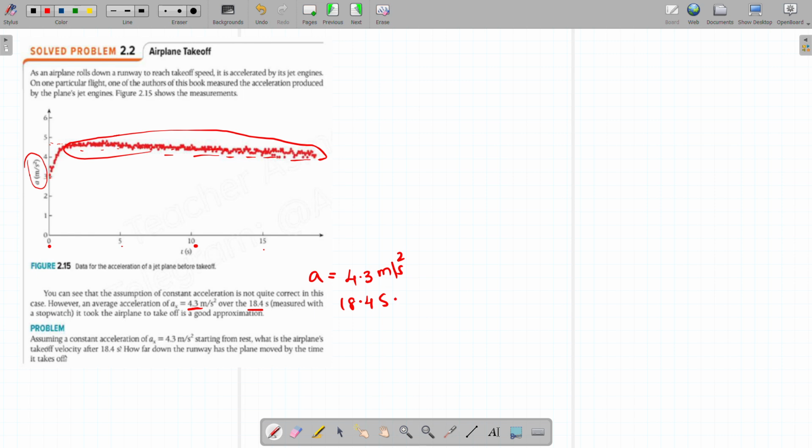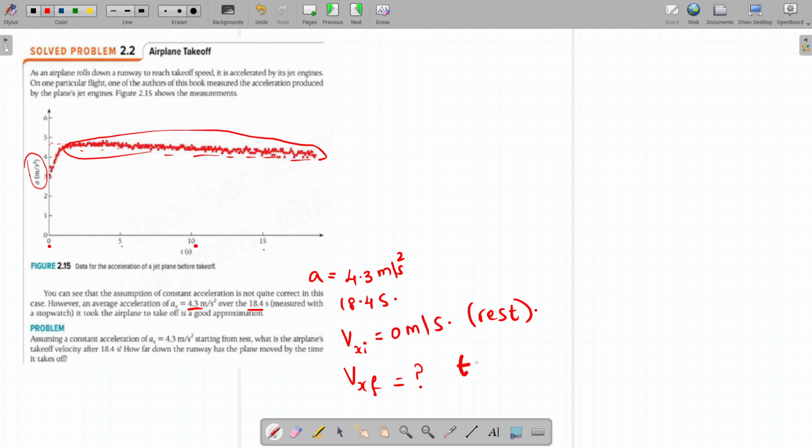And what are we going to find? Assuming the average acceleration is 4.3, starting from rest, the initial x direction velocity will be 0 meters per second, because the keyword is rest. So the initial speed is 0. What is the airplane's takeoff velocity? In the x direction, we have to find the final velocity